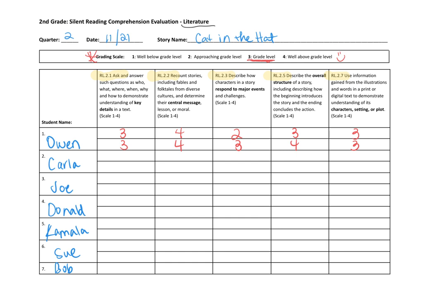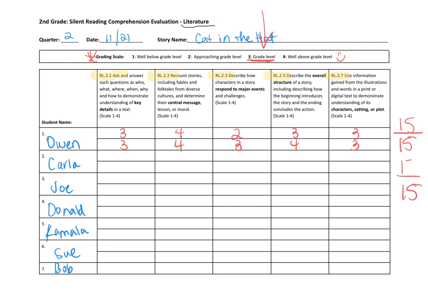And then it's going to be time to put your score in ClassReach. So this assessment for second grade has 5 standards on it. Again, we are shooting for grade level. That's kind of like our A if we think about it. So even though the scale is from 1 to 4 on each question, 3 is just fine by us. So this score would be out of 15. Okay, so Owen's first test would have been a 15 out of 15. Owen's second test, if I did this for him again, let's see, that would have been